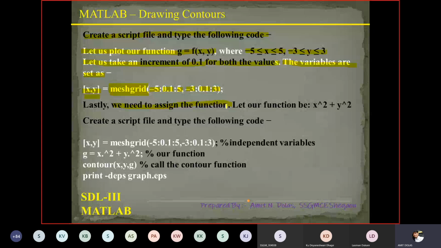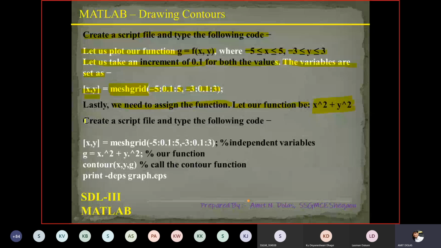Here one example is taken, and accordingly the data will be plotted. So the function is x square plus y square. You may go for x plus y, you may go for 2x plus 3y, whatever your equation is, accordingly it will be the function. It varies depending on what kind of data you are plotting, or what type of operation or function you need.